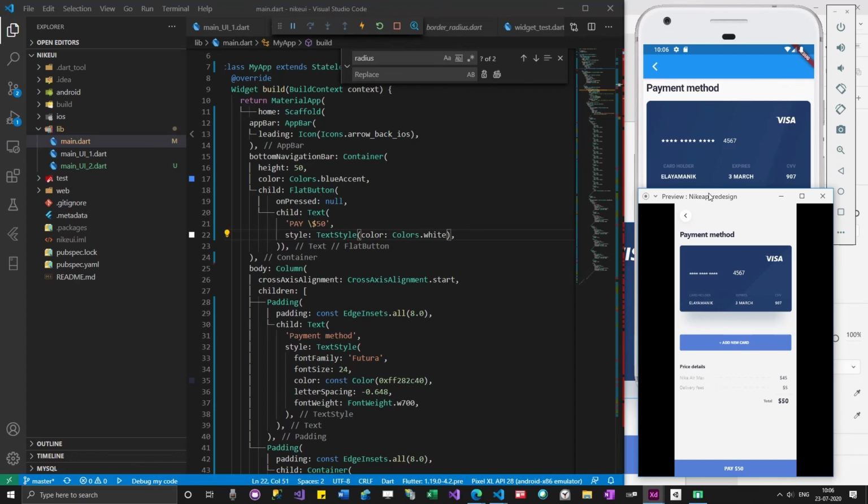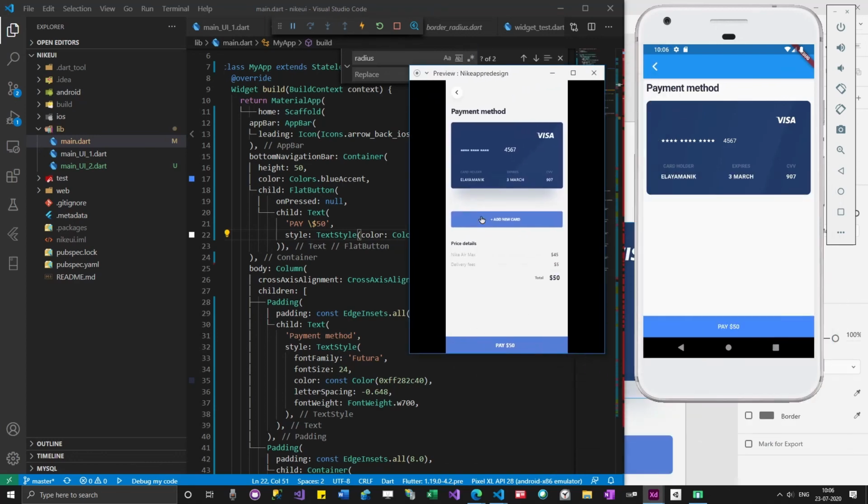Okay, so we have almost implemented it. I think this part you can actually do yourself, right? There's no point in me doing it, and also the app bar, adding this circle and everything, you can do it. So the major portion of the card we have actually achieved.